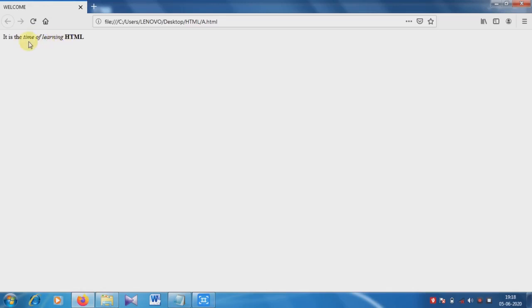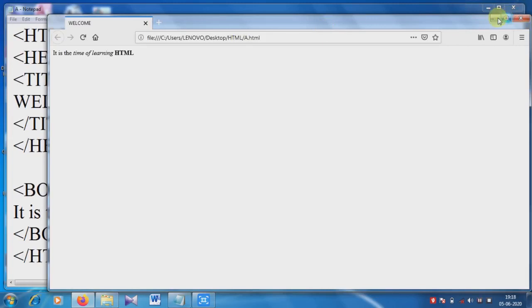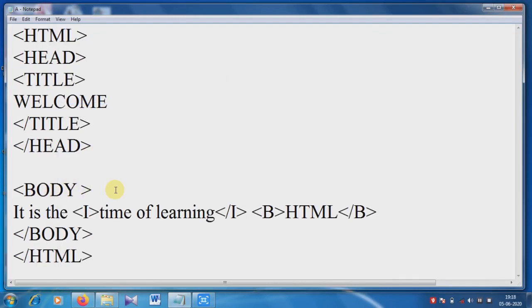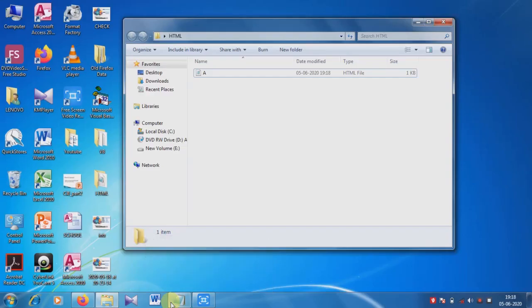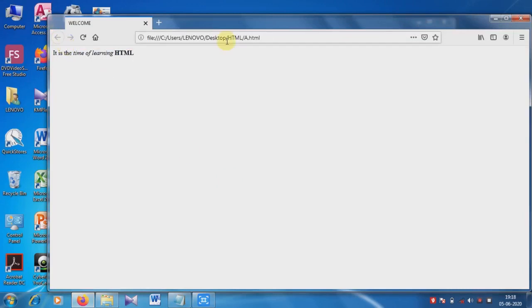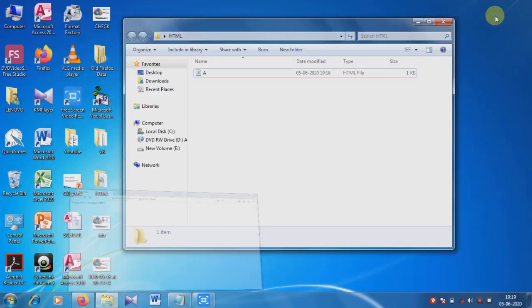See, "time of learning" is in italic style. So this is our output.